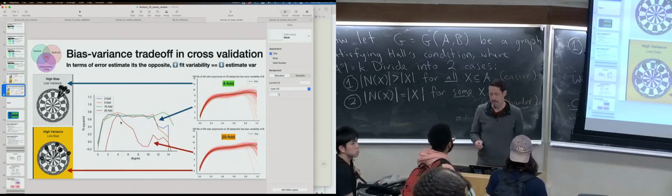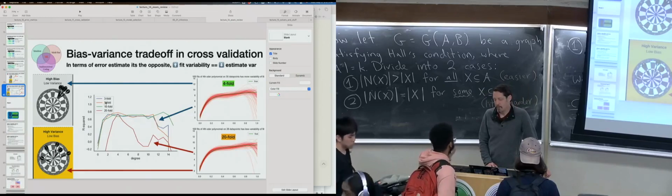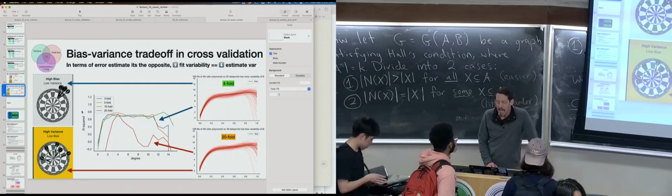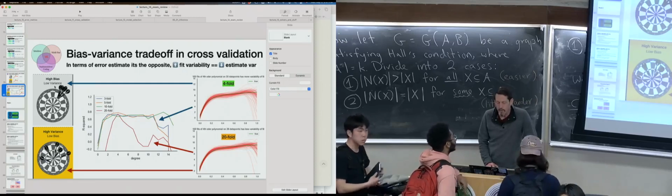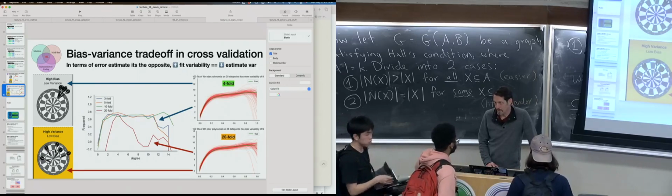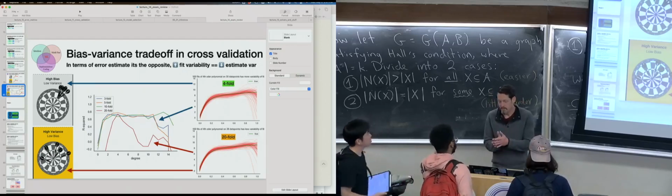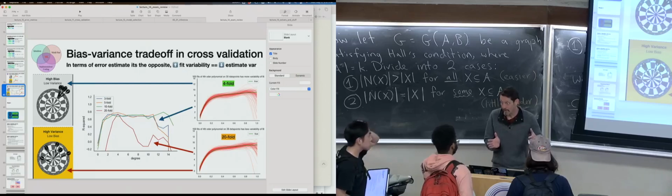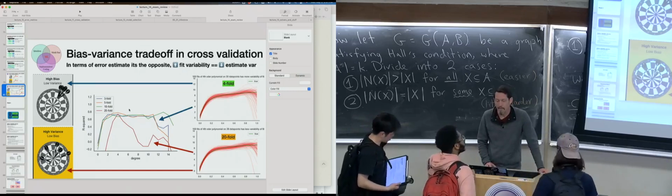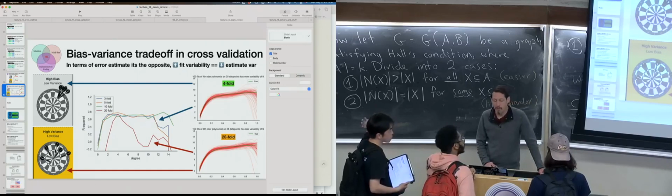So the rule of thumb is this. Stick around the 5-fold to 10-fold range. Why? Because at very low numbers of folds, we know we have enough bias that we may not be getting a good estimate, right? Think about where that bias comes from. That bias comes from the fact that we're approaching a good chunk of the training set, so we're biased towards the noise in the training set, and we're maybe overconfident about this value. But on the other hand, we know that